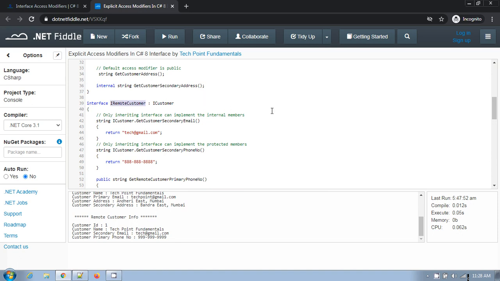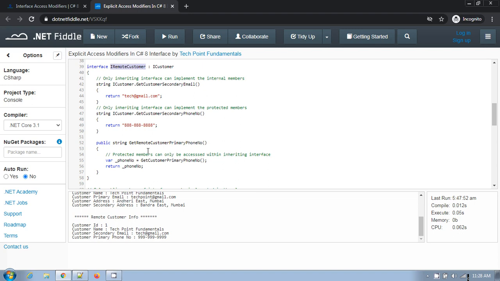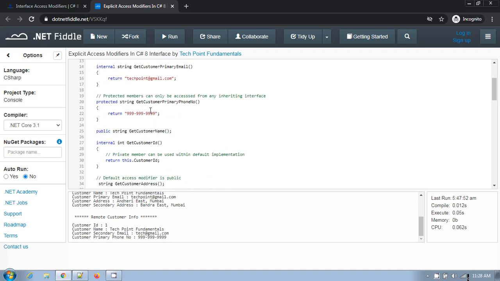I have also created a second interface called ICustomer, and here I have used GetCustomerPrimaryPhoneNumber. This GetCustomerPrimaryPhoneNumber is protected, right? And this protected member can be accessed in the inheriting interface to implement other interface members, or however you want to use it.